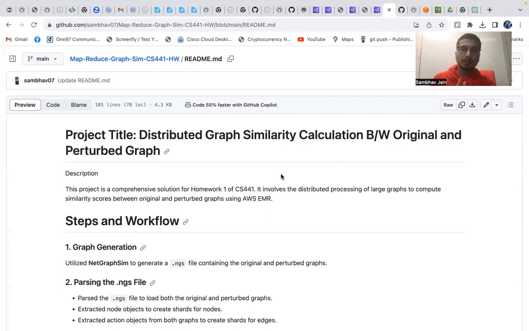Now in the NGS file, when we parse it, we get two things, that is the node objects and the edges. Edges have action objects present inside them. So in order to calculate the similarity between edges of the original nodes and the perturbed nodes, we are calculating a similarity score. The idea is to create shards first for the original nodes and the perturbed nodes. And similarly, we have to create shards for the combination of original edges and the edges present